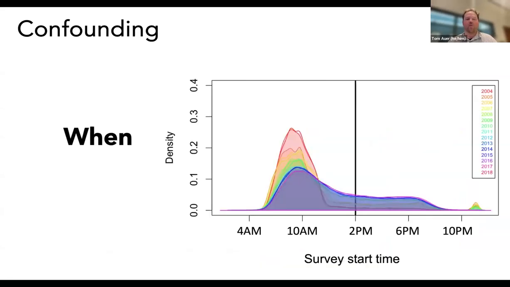Similarly, what time of day people are going out to survey birds has changed over time. So this is a density plot showing what time of day participants are going out as the program has changed. So each line is a different year. Red and orange, yellow are early parts of the eBird program. Purple, blue, red are later in the program. And you can see that early on, people were primarily going out first thing in the morning. But as the program grew and it had a broader audience, it kind of started to conform to more usual human activity hours, with some preference still towards the morning, as that's when birds are most active. So this sort of change through time is another source of confounding.